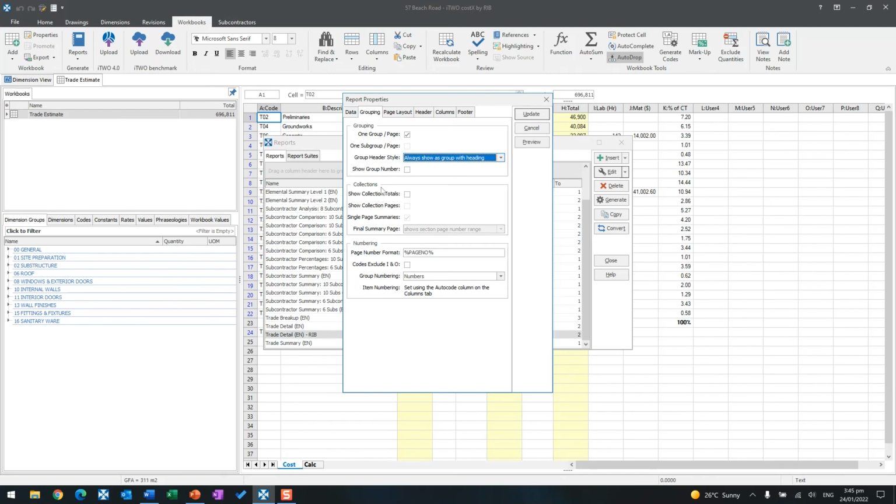The second group of formatting options relates to page totals and collection pages. This option is only available when the One Group Per Page checkbox is ticked. For this example, I don't require any collection pages, therefore I won't use any of these settings. However, to quickly describe what each would do,